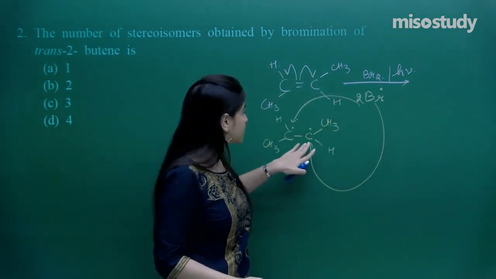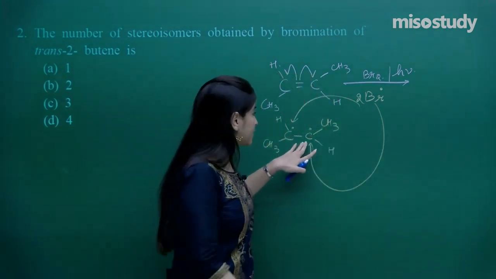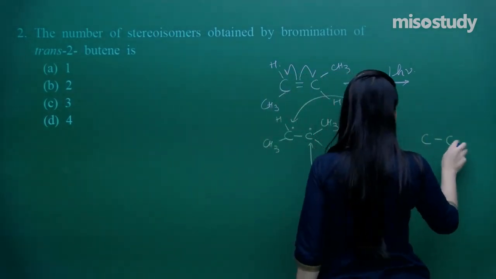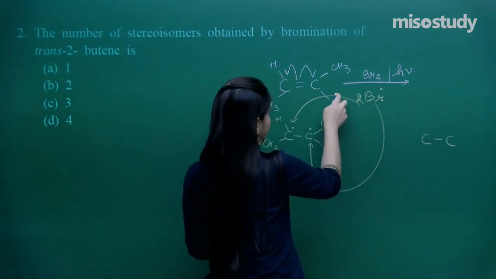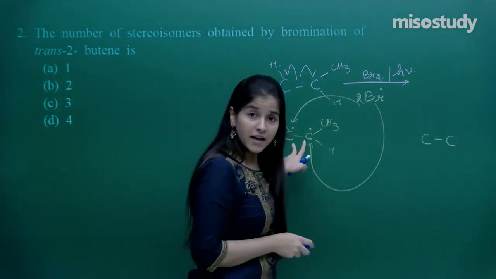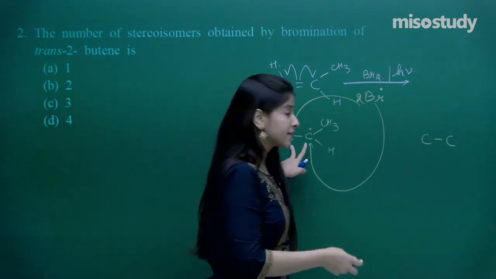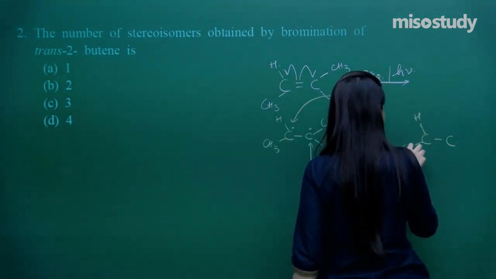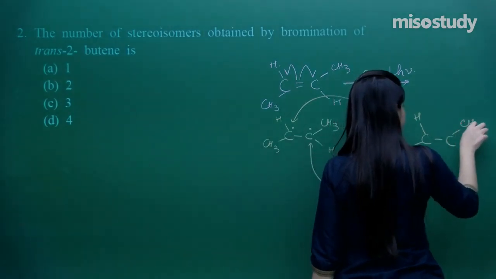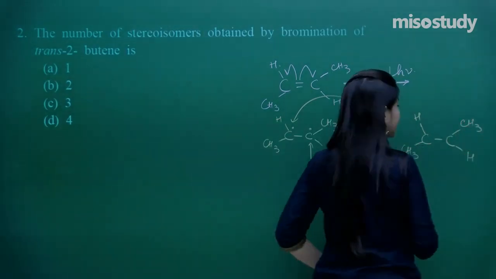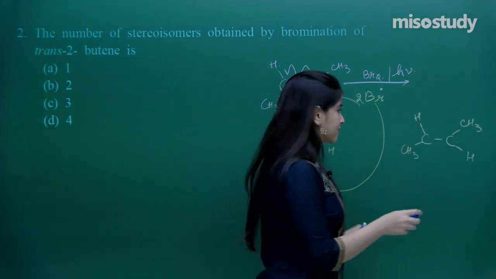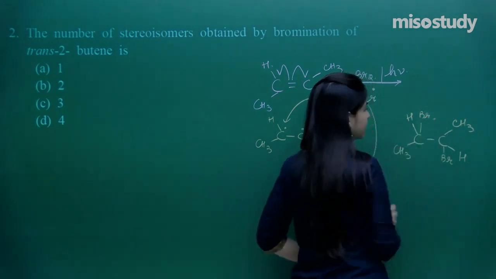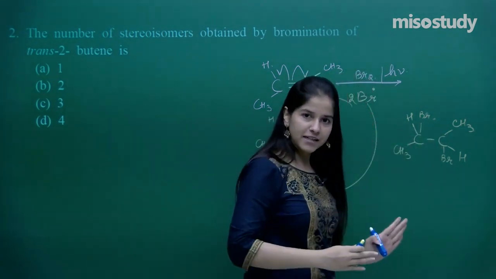If the bromine got attached here, I get something like this. And if the other bromine again comes onto this very free radical, what do I get? A dibromo product we get. And as per the stereochemistry, it would definitely be this very stereochemistry. That means it must be an anti-product.